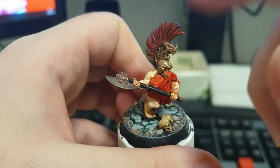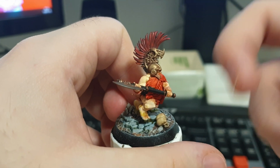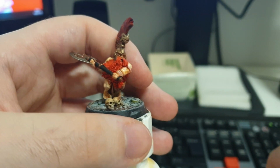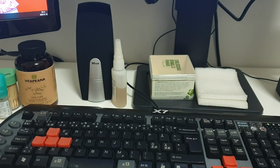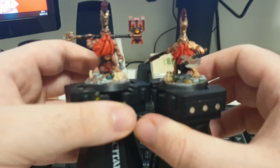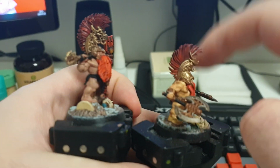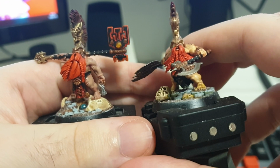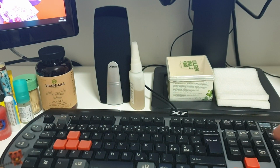And it's the same with this guy. I mean, I'm going to re-highlight the plumes, of course. One thing I also at first was planning on doing is making his beard color a bit different, because I wanted the two guys that I feel are a bit more veteran than the rest to be gingers, and I also want the plumes and their beard color to be a bit different, so I shaded their beards with Army Painter Red,